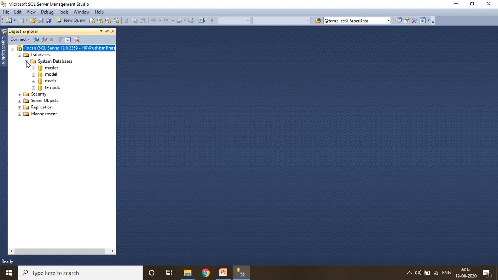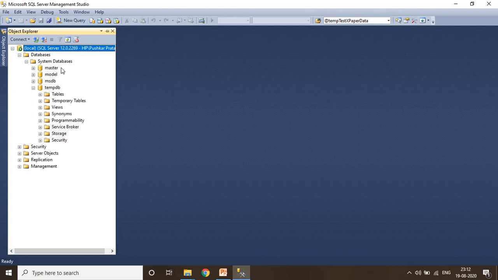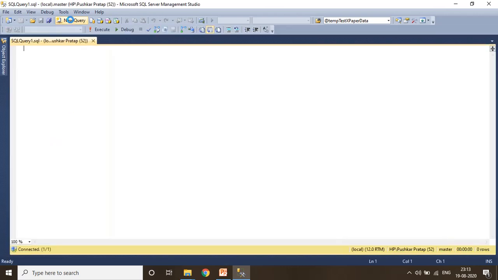Here you can see all the system databases available, then security related items. This window on the left hand side is called Object Explorer, where you can see the database objects and explore through them. Now if we have to write a query, we need a space to do that. You need to click on the New Query button at the top left hand side of the tool, which will give you a new query editor window where you can write and execute your queries.